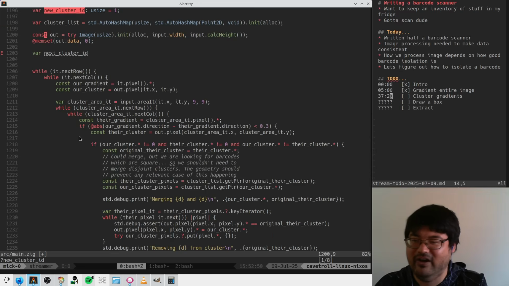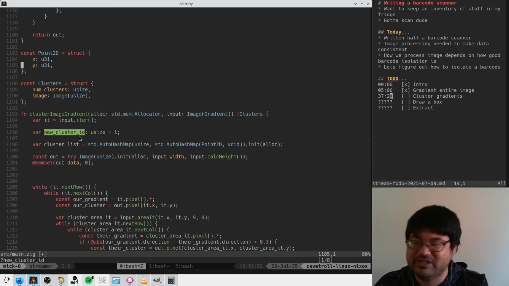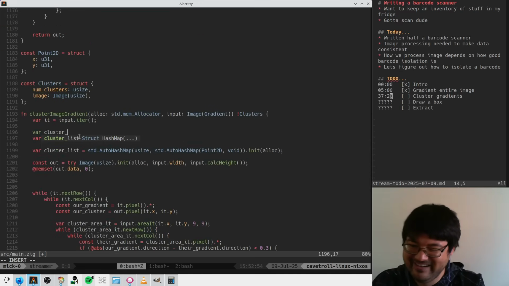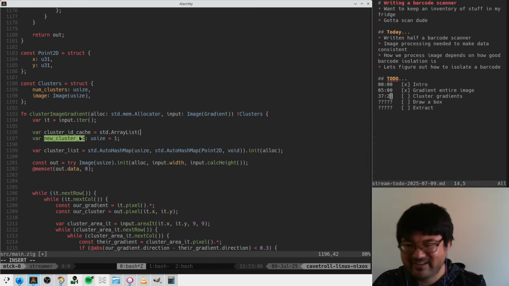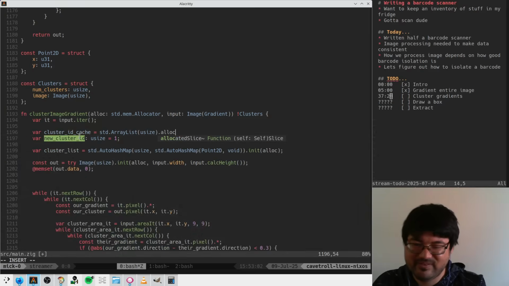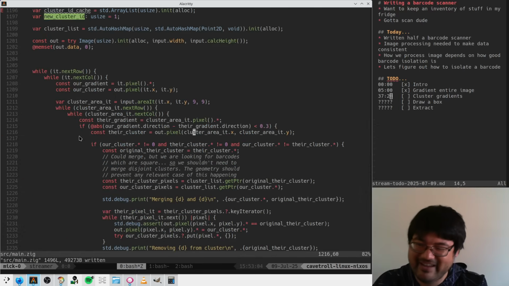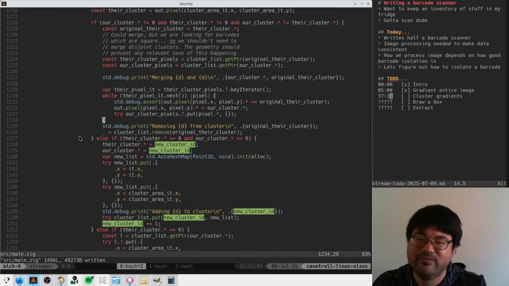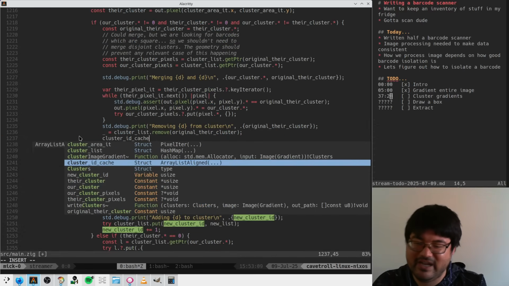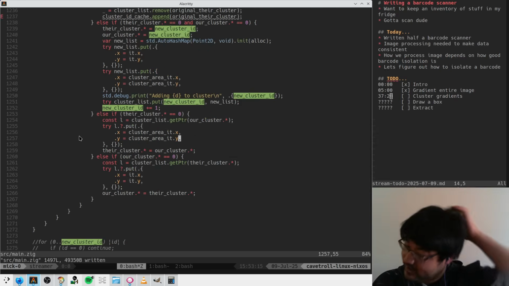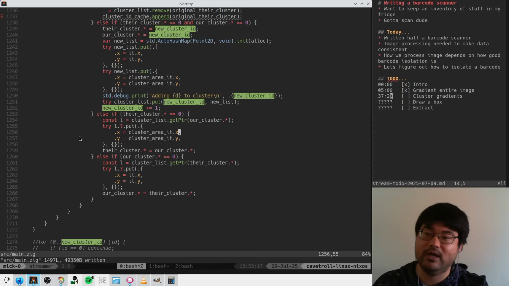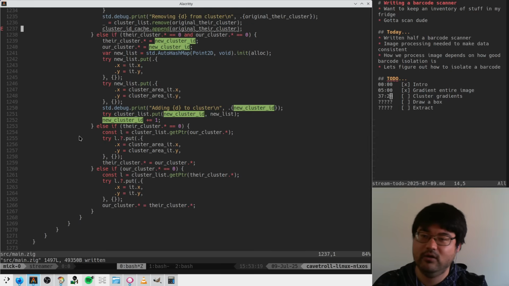Where is this thing defined? So we need a cluster ID cache so that we can reuse them. Okay, we'll do that. Cluster ID cache append original there cluster. And then when we try to get a new cluster ID,